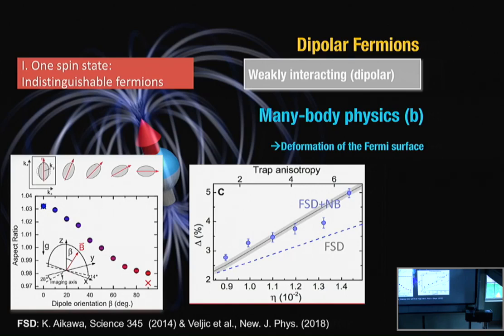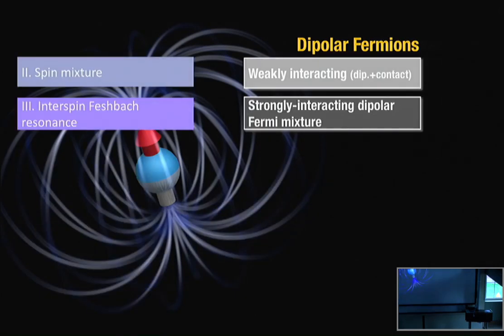But then, after this first study, a few years of study we have done with the dipolar fermions, we were ready to start the next step. So from a single spin state, let's go to a two-spin state, where now you have short-range and long-range interaction. Okay, and so this was our mission, to try to prepare this type of system. And indeed I want to tell you something very special